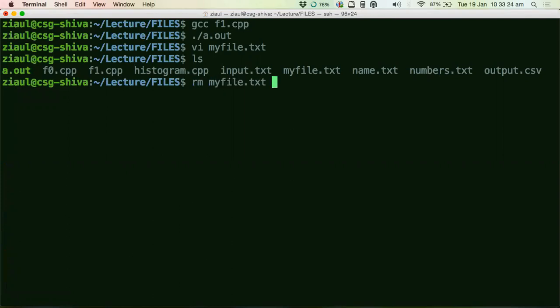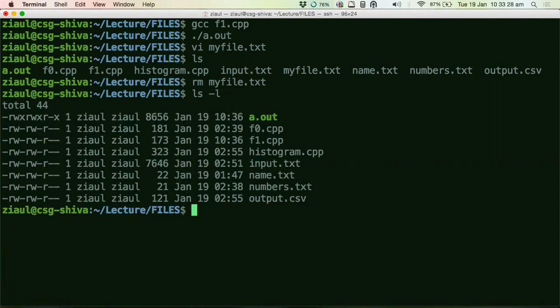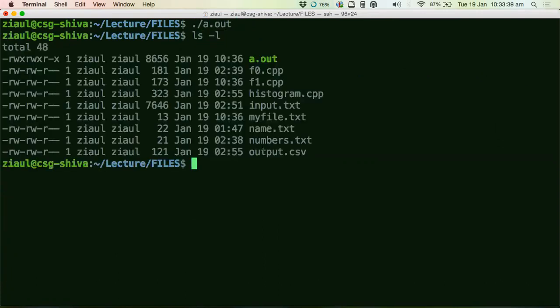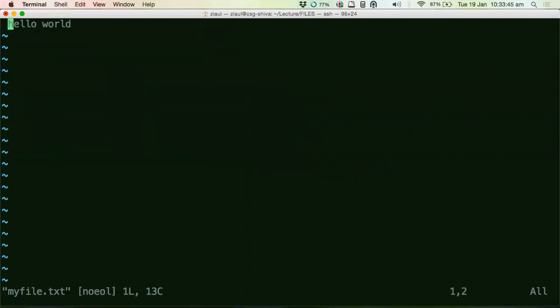Let me remove myfile from here. See, there is no myfile here now in this directory. Do you see this? There is no file called myfile if you see the rightmost column. But then if I run this program, you see there is a new file created called myfile.txt. And then when you go inside myfile, you will see a hello world. Is this point clear? I will come to why I got a segmentation fault now.